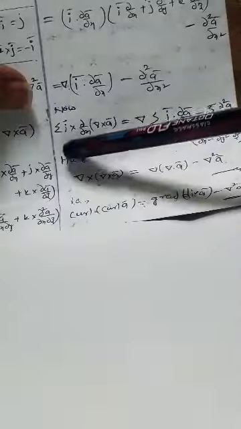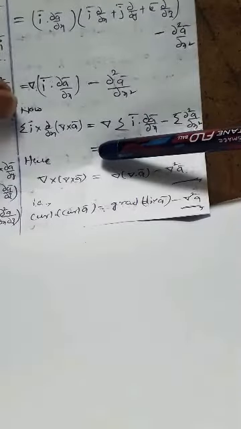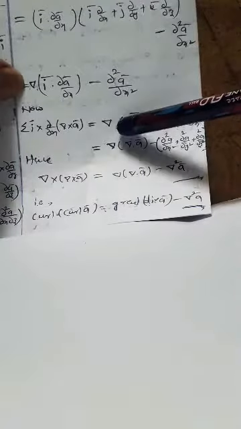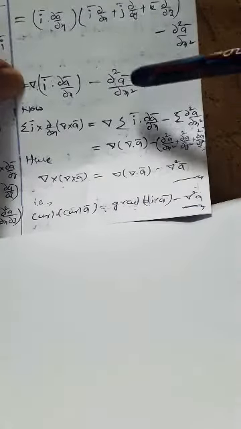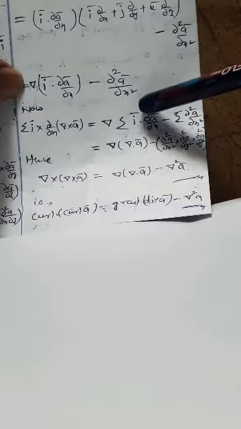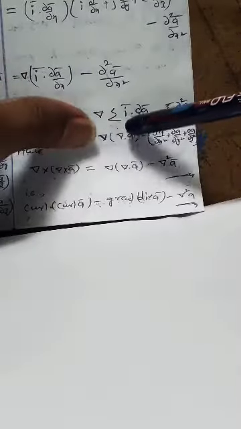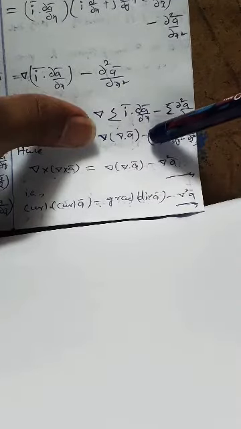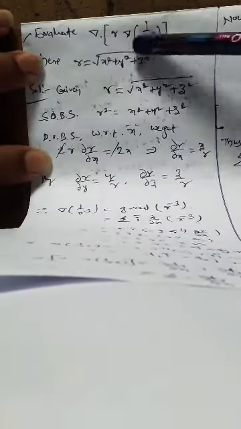Now we have done this part only. Which one? I cross dou by dou x of. Now apply summation. Now applying summation for this, summation I dou by dou x of del cross a equals to summation for both, del of summation I dou by dou x minus summation applying to both, summation dou square a by dou x square. Now del of, again this is what I dou by dou x plus j dou by dou y plus k dou by dou z. So this is del dot a minus summation dou square a by dou x square, dou square a by dou y square, dou square a by dou z square. This is del of del dot a minus, this can be written as del square a. This is the RHS.